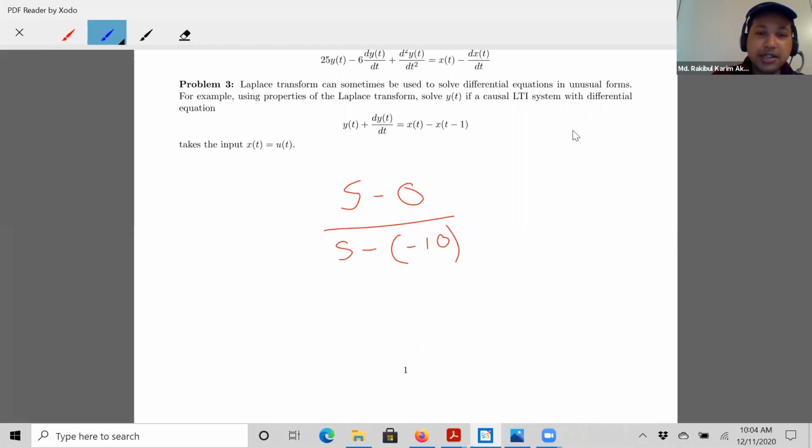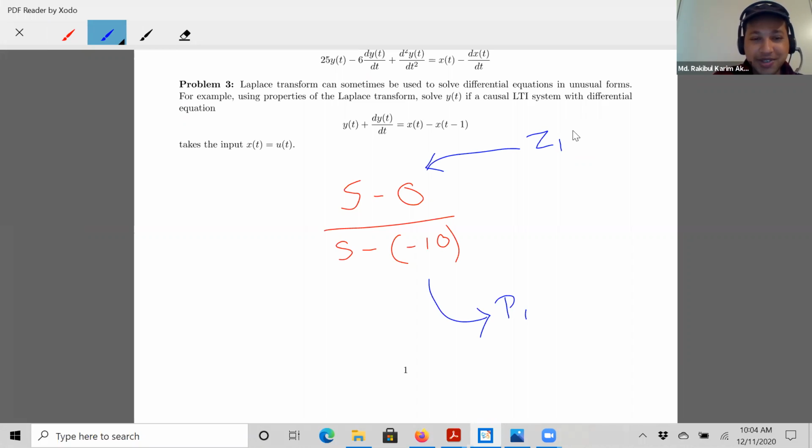So from the numerator portion you find out the zeros, that is your z, whatever you say, and from the denominator you can find out your pole. So it is p or say p1. So the zero is